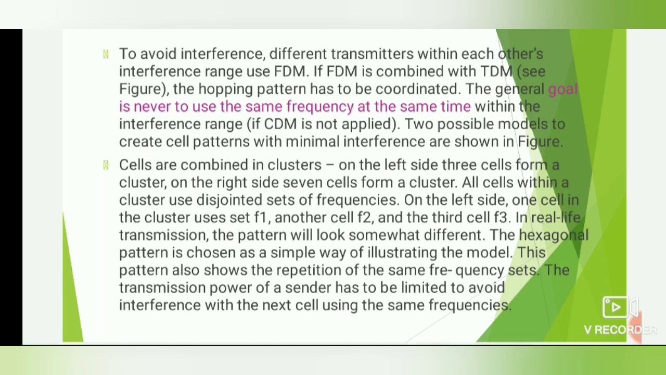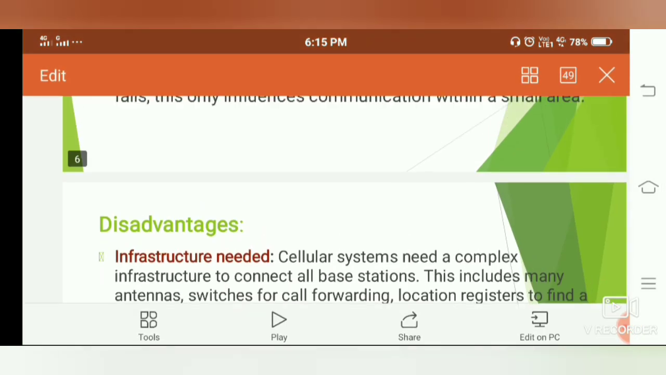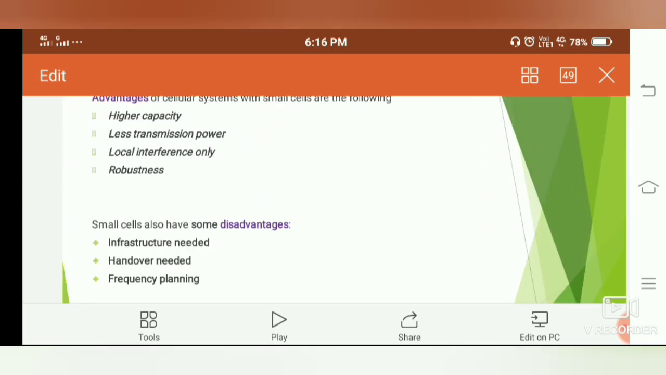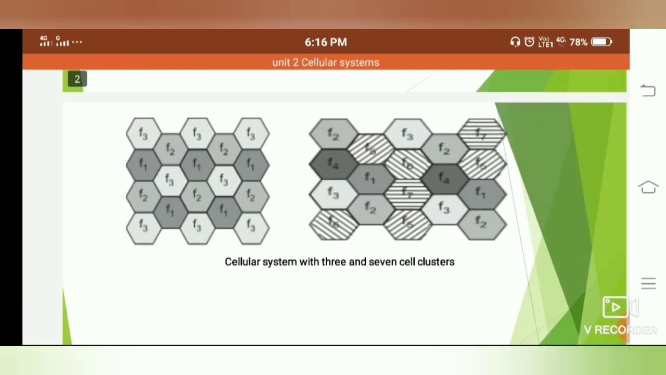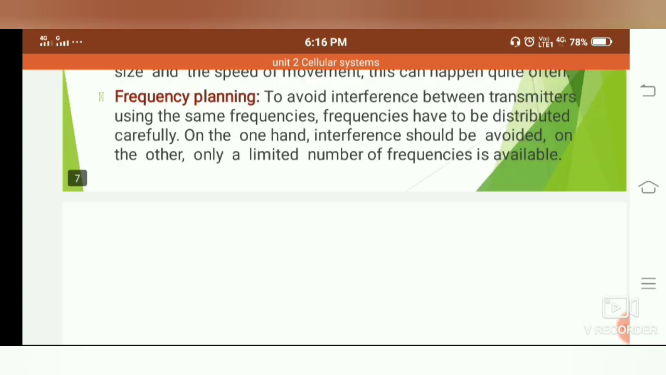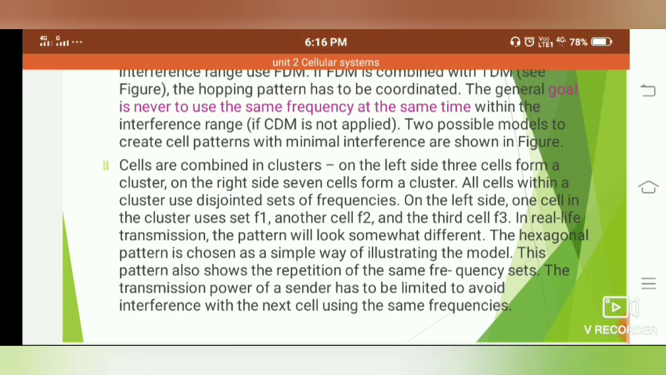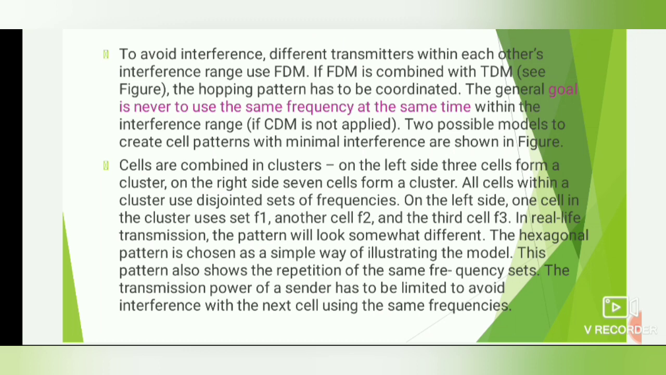Cells are combined in a cluster, as shown in the previous cell cluster diagram. Already we have shown the cell structure is explained in that. So, cells are combined in clusters. On the left side 3 cells form a cluster, and on the right side we have 7 cells forming a cluster. All cells within the cluster use disjoint sets of frequencies. On the left side, one cell in the cluster uses the set F1, another cell F2, and the third cell